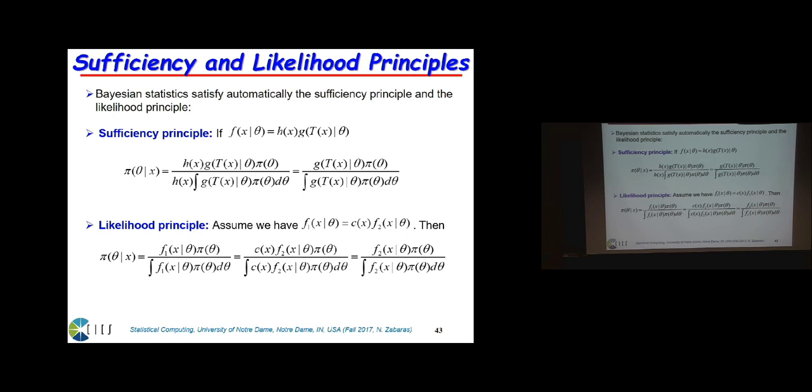For example, let's take two likelihoods that they differ by this function of x, c of x, and you compute the posterior, you notice c of x cancels in the numerator and denominator, because the denominator involves the likelihood, the marginalization is basically the integral of the term in the numerator. So c of x and c of x cancel out. So basically inference through a likelihood f1 or a likelihood f2 gives